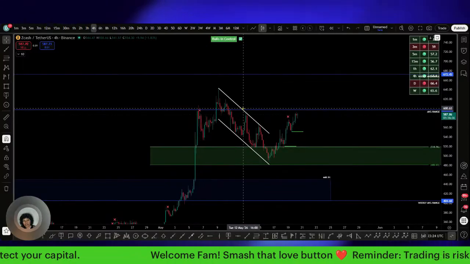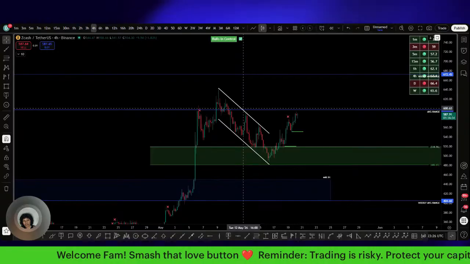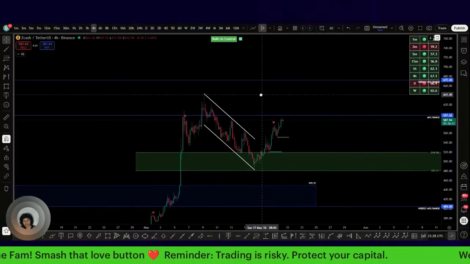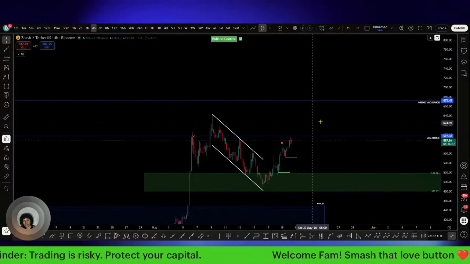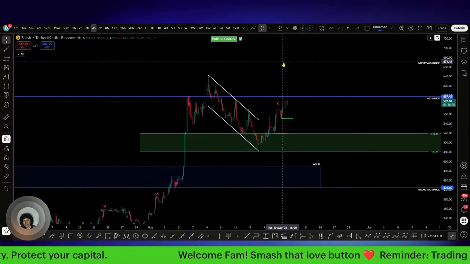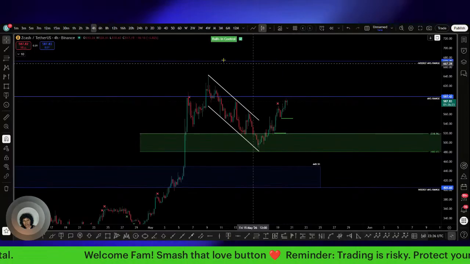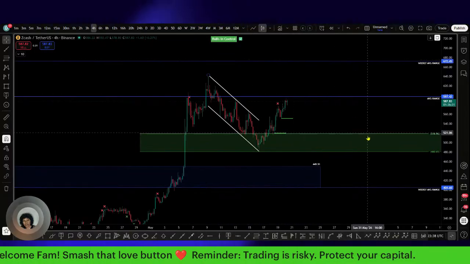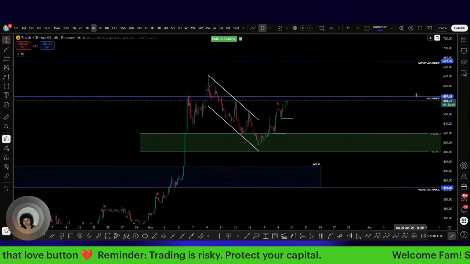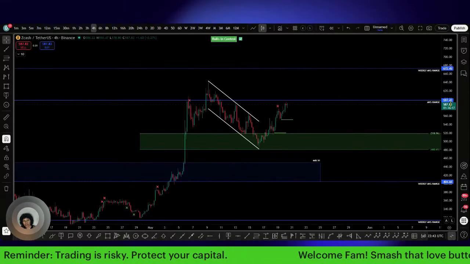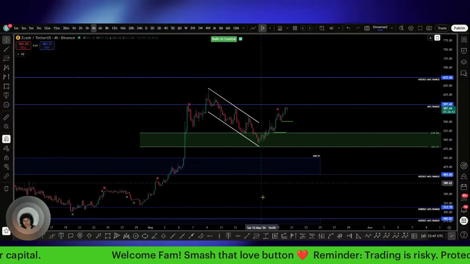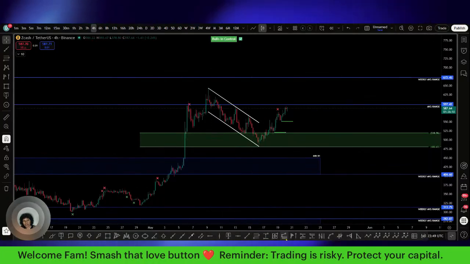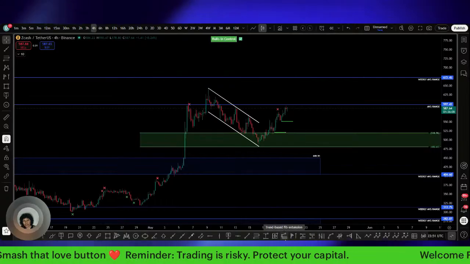Back at the time, I was thinking, okay, maybe ZEC is going to push up into this 672. That's the last level I have in here, for it to push up into here. So if we are taking out this high right here, that is a possibility. And the other thing I was looking at is that this could actually be 5 waves to the upside right here, just based on this little section. It just looks like it, right?